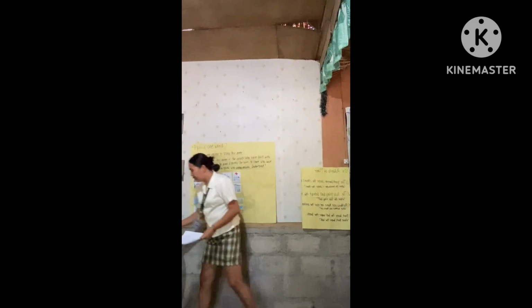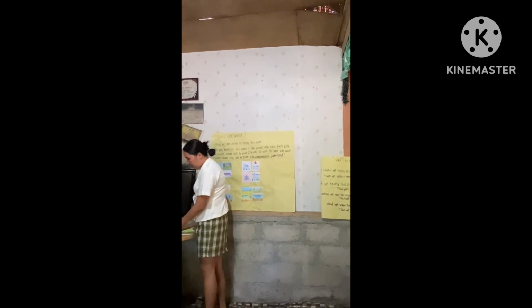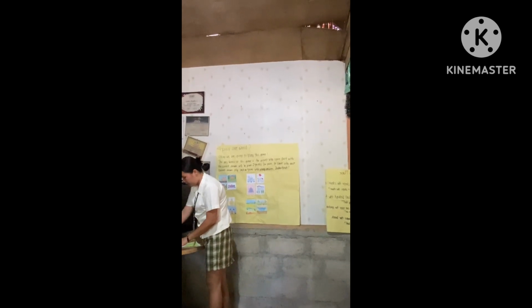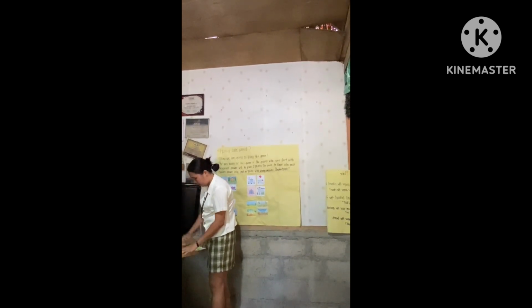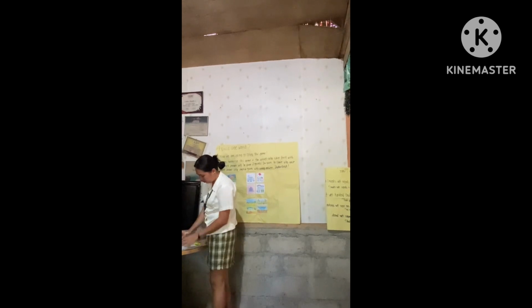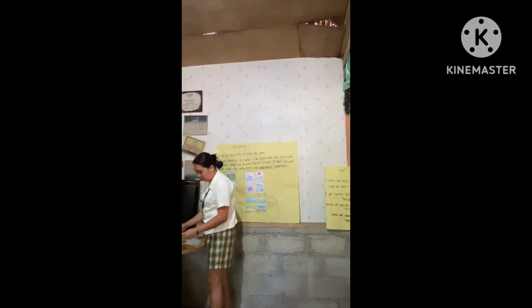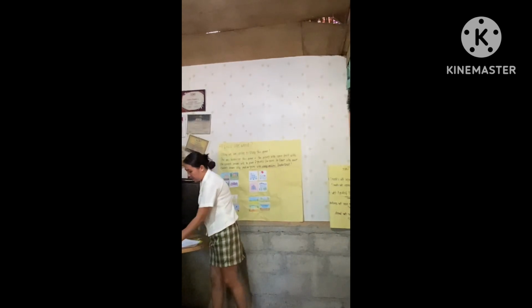Okay, so I have my seat plan in here. To those who did not sit in their assigned chair, I will mark absent. Okay, very good. There's no absent in our class. Before we start, I would like to remind our classroom rules. What are those rules again? Very good. Our classroom rules is you must behave, participate, cooperate, and listen attentively.